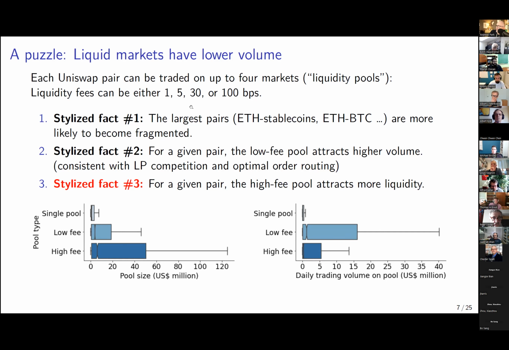Most of the time, for the active pairs, there are markets at 5 and 30 basis points. For pairs with very little volatility, like stablecoin against stablecoin, that are just supposed to track the currency, you sometimes find 1 and 5 basis point pools. But for most of them, it's either 5 or 30. Can you see that the same wallet ID